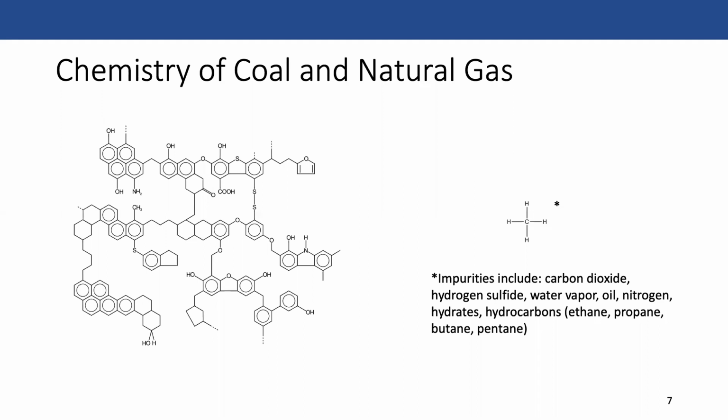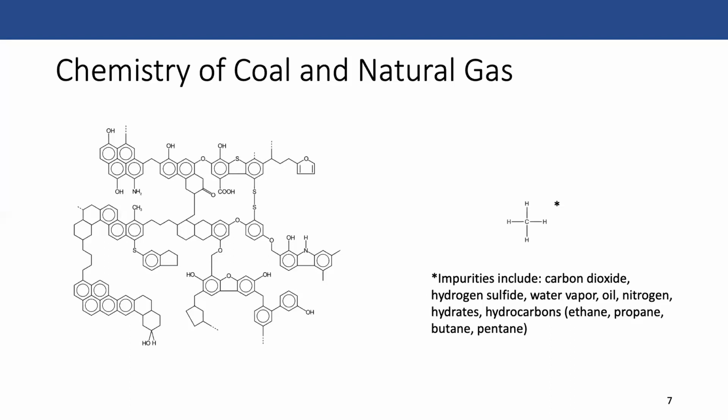On the left-hand side is a small example of a typical coal structure. You have lots of these hydrocarbon rings, and you can see that embedded within them, for example, are these sulfur atoms within the molecule, which means that when I combust it, you're going to get lots of interesting side products. It's not just purely carbon and hydrogen in the ideal combustion that we had been talking about before.